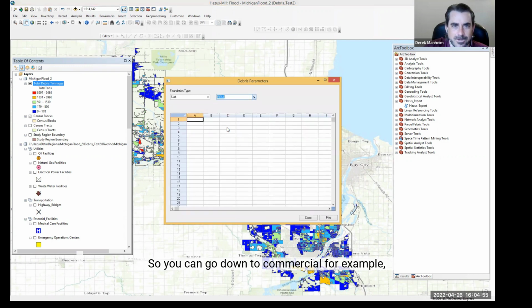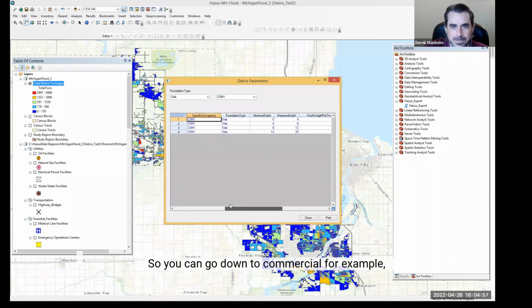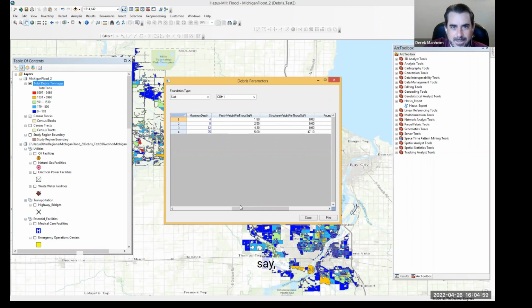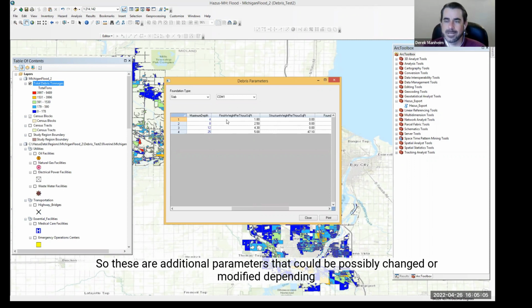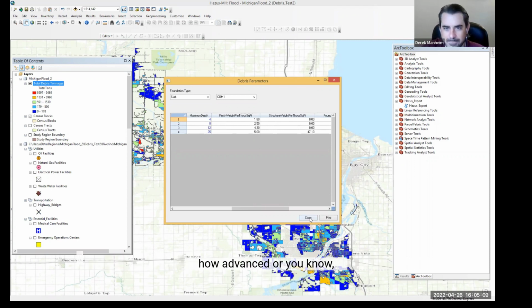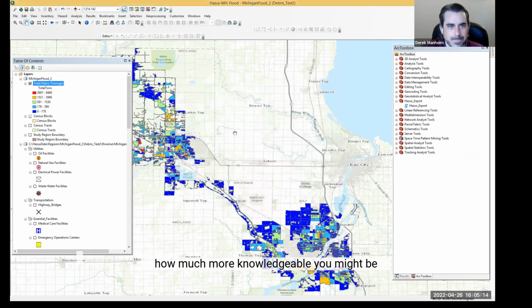So you can go down to commercial, for example, and look at the maximum flood depth and how that corresponds to debris generation. So these are additional parameters that could possibly be changed or modified depending on how much more knowledgeable you might be about the debris generation scenarios for your simulation.